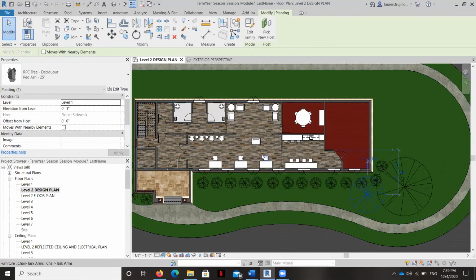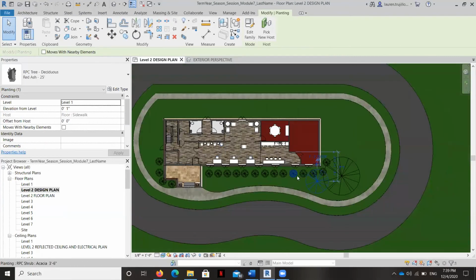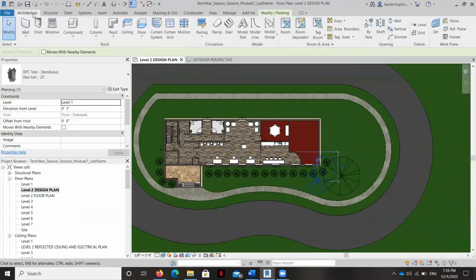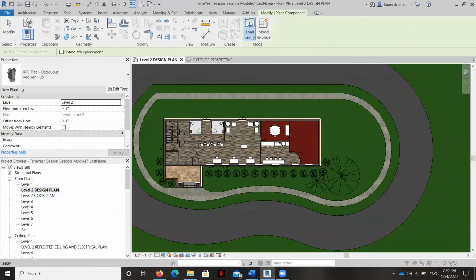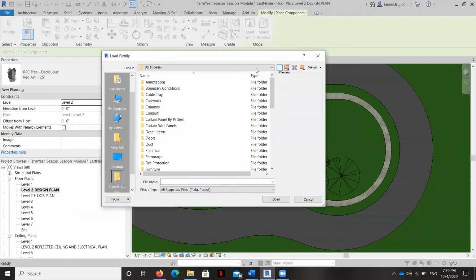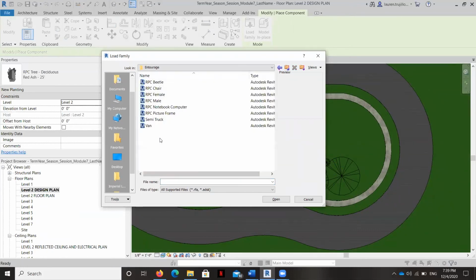Okay, so now that we have our landscaping in place, I want to add a couple of other scale elements. And we don't have a lot to choose from, but let's go ahead and once again do place a component. We're going to load family. And I'm going to go to Entourage right here. We don't have a lot of options for cars, and you don't want to have a bunch of Revit families in here for cars because they are rather large. You can start to Photoshop these things in later, which we'll learn, but for right now, we've got the choice between a Beetle, a semi-truck, and a van. I'm going to go ahead and just put the Beetle in,